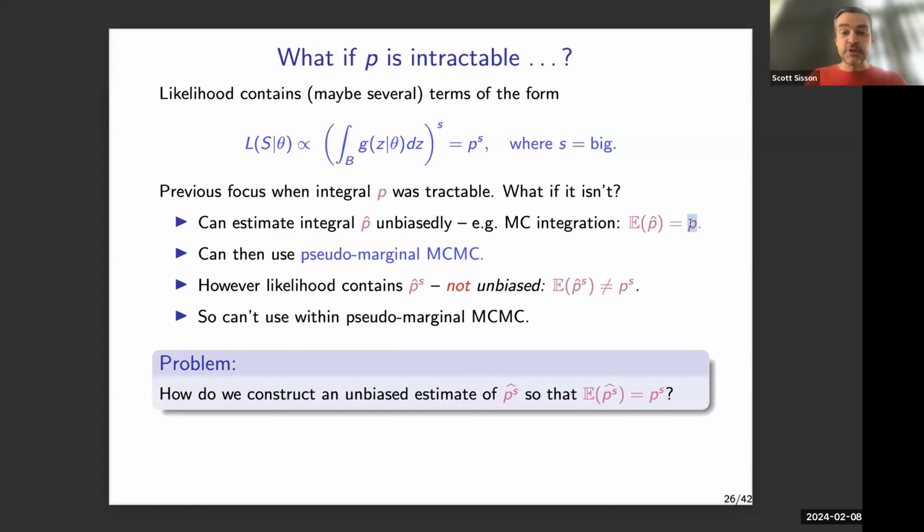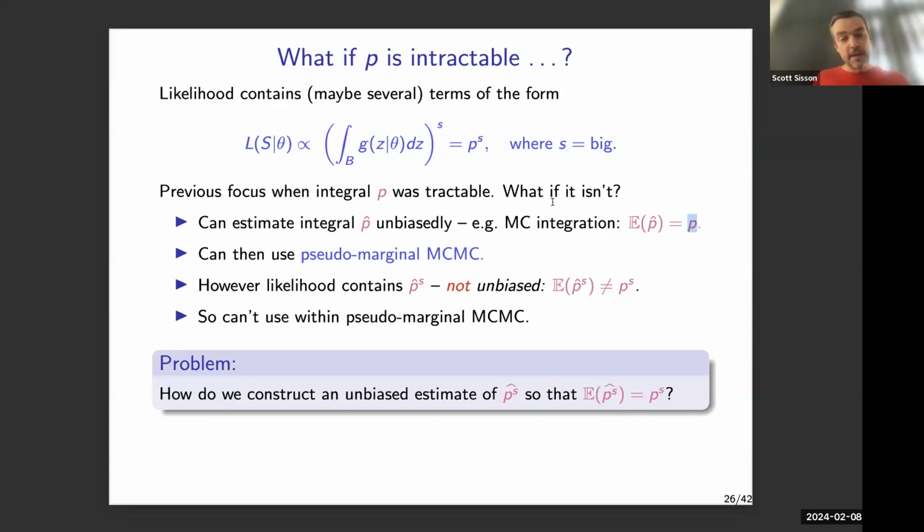If you have this, then you can use samplers called pseudo-marginal MCMC methods. It's just like regular MCMC, except that if you put an unbiased estimate of your likelihood into the MCMC sampler, you'll still be able to sample exactly from your target posterior distribution with no approximation. And this is really fantastic. So we're thinking here, okay, maybe we can get an unbiased estimate of our likelihood, and then we can do